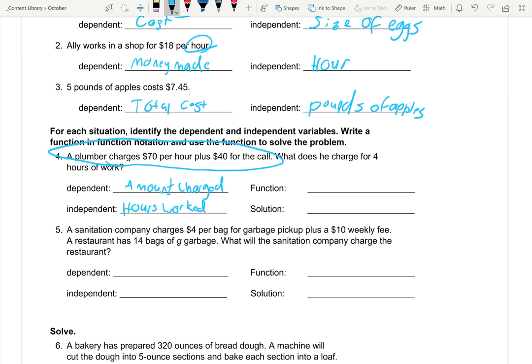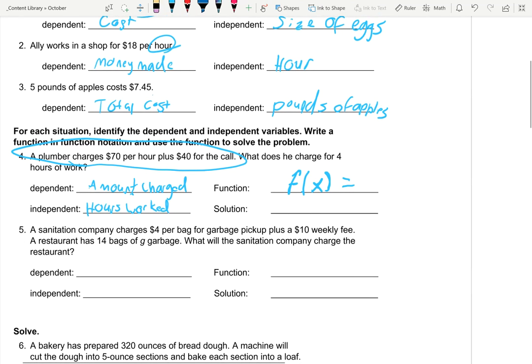All right, now we need a function for the information that we were given. So a function, we're going to be writing this as f of x. You can write f of h, anything of that kind of nature. It's going to do that lag thing again. F of x equals